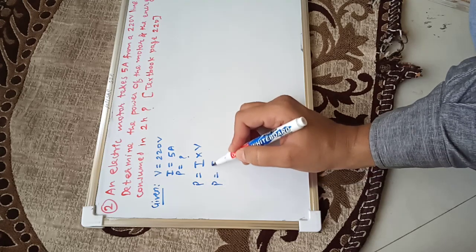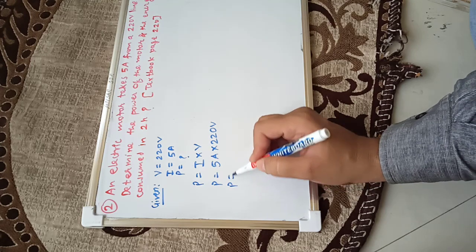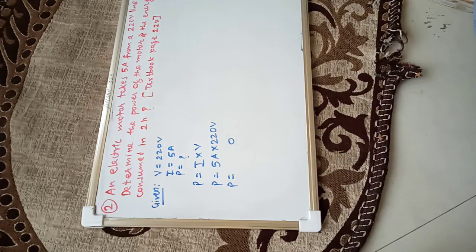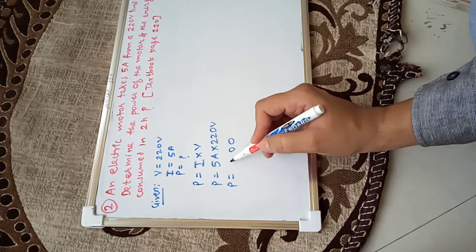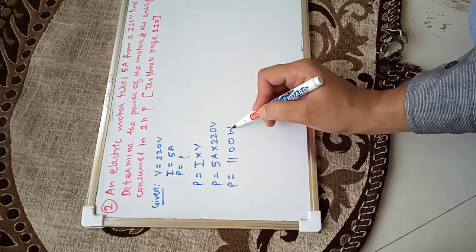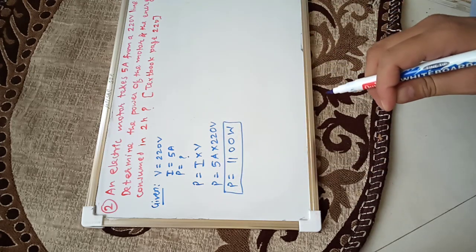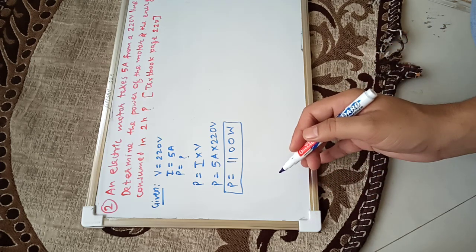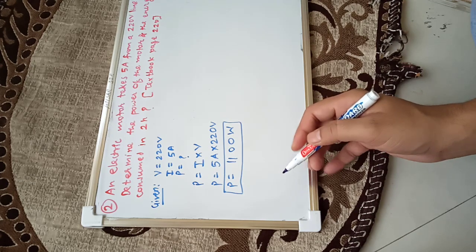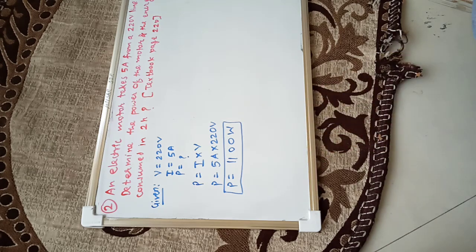So power is equal to 5 ampere current and voltage is 220 volts. So power is equal to 22 into 5, let us say, 2 5s are 10, carry 1, 2 5s are 10, 11. So it is 1100 watts. What is the power of the motor? 1100 watts. Now we want to find out the energy consumed by it, means the number of units consumed by the motor in 2 hours. The motor is being used for 2 hours to draw water from the well.